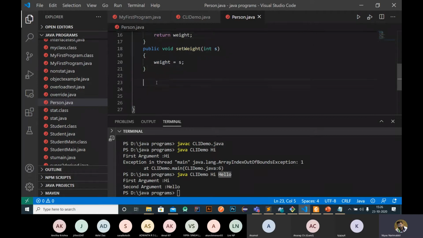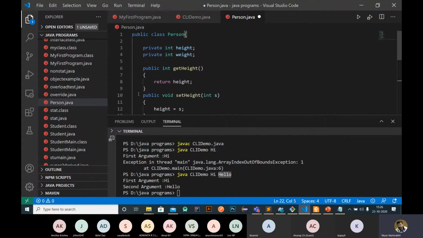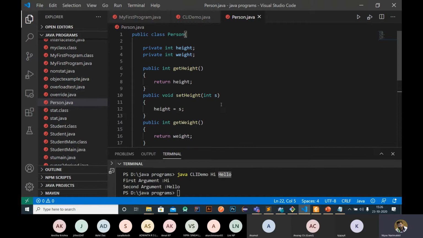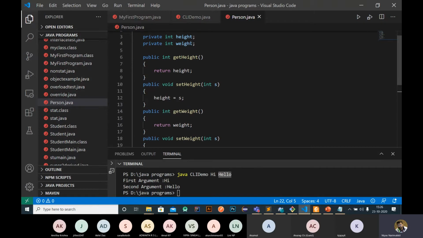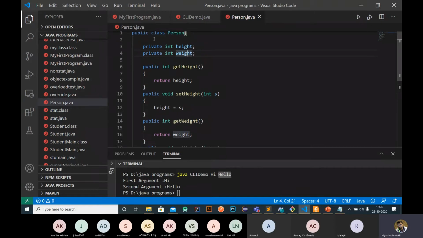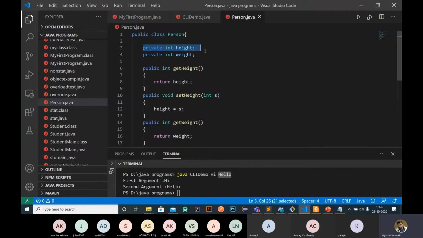Then we close the class. So in this class, the class is person, and we have two variables inside this class, height and weight. Here the variables are defined as private.